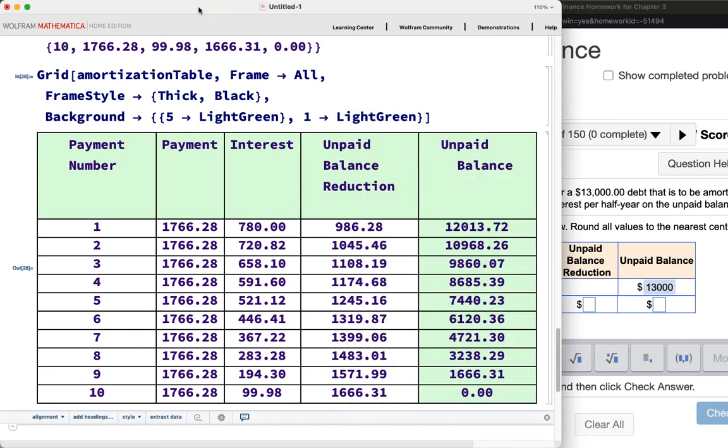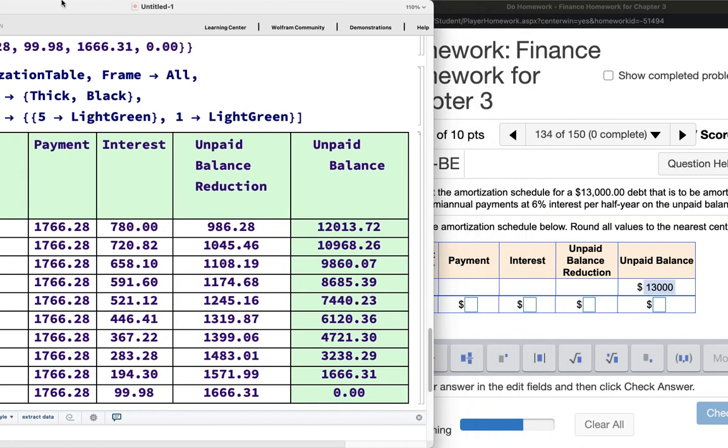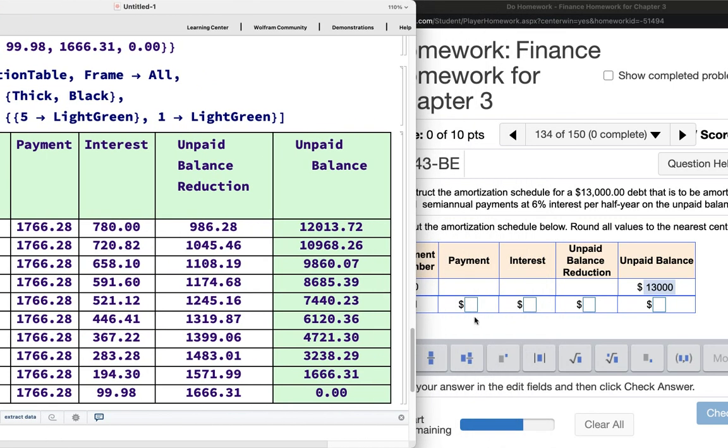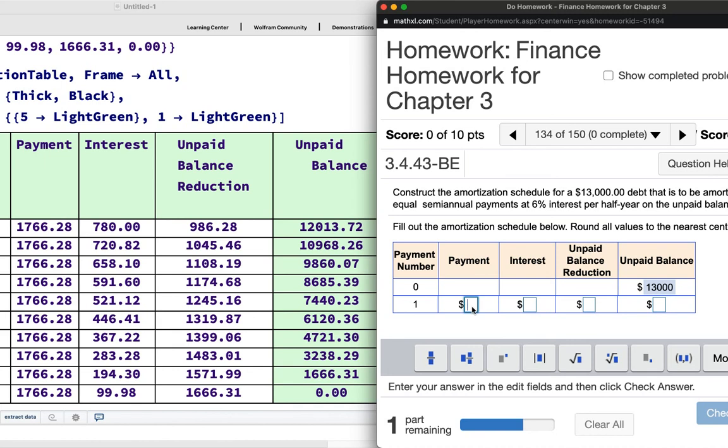Here, let me move this a little bit. $1,766.28, $780 and no cents, and $986.28, and that's going to be